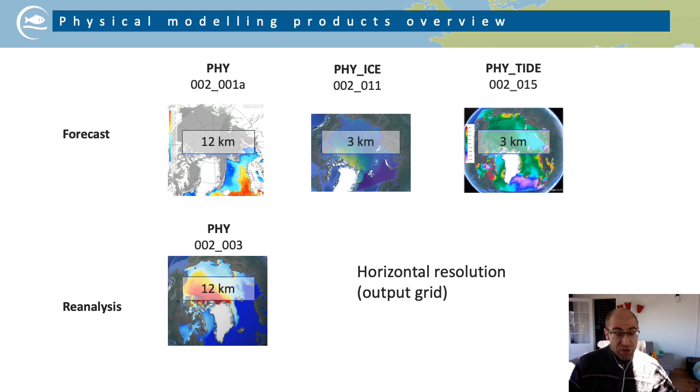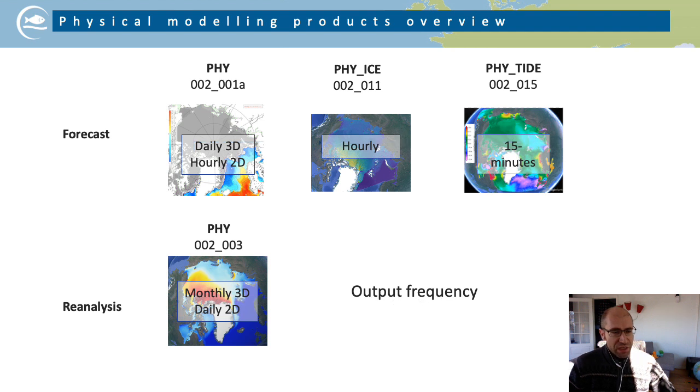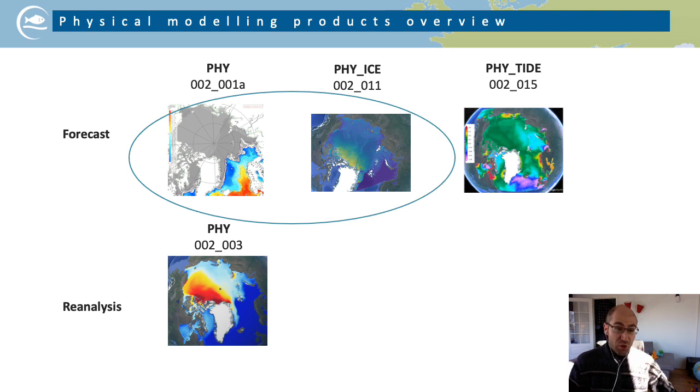The ensemble has a high computational cost, so that's why we use coarse horizontal resolution for the coupled ice-ocean system, 12 kilometers, and higher resolution for the other newer products. The outputs are interpolated on fixed levels to spare you the pain of having hybrid vertical coordinates, and the new products are only at the surface. And we have different data sets with different frequency of the output, so you see higher frequency for sea ice and the tidal system. And now we have some overlap between the physical ice-ocean forecast of sea ice and the ice-only forecast, and we're going to look at that in the next slide.